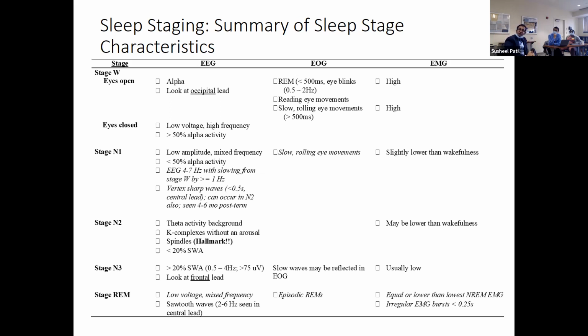Stage 2 sleep is going to be characterized by the theta activity, the K complexes, and the spindles. EMG tone should be low, lower than wakefulness. And as we get into stage 3 sleep, we're going to start to see slow wave activity exceeding the 20%